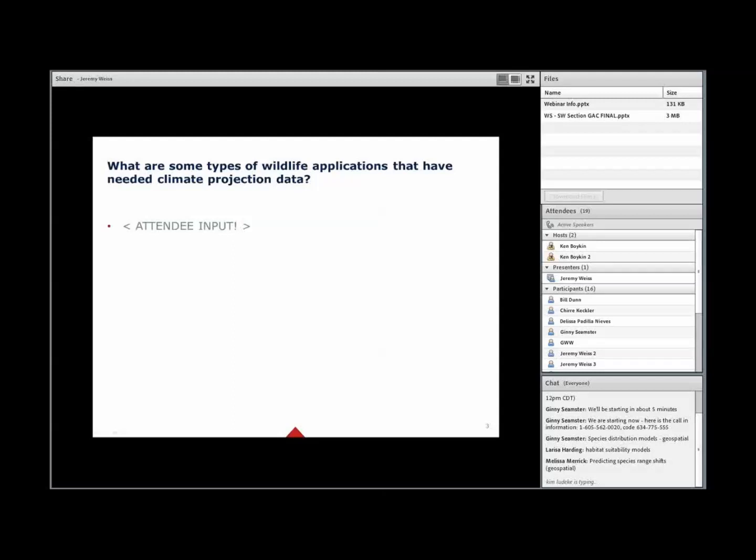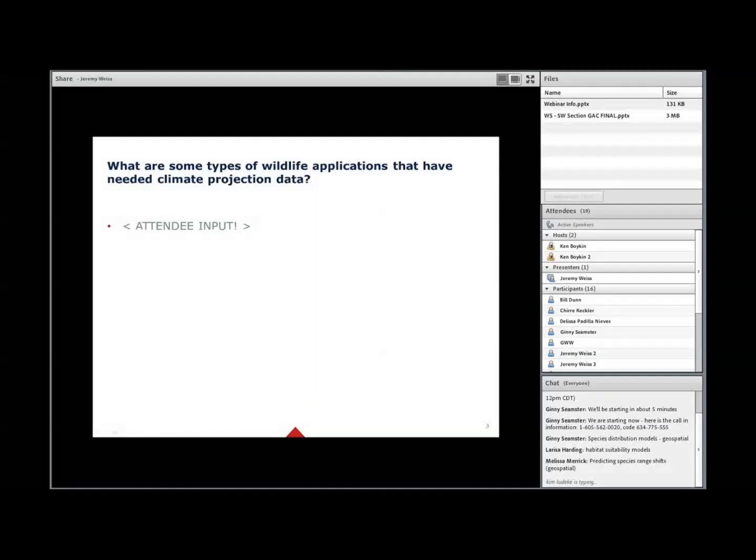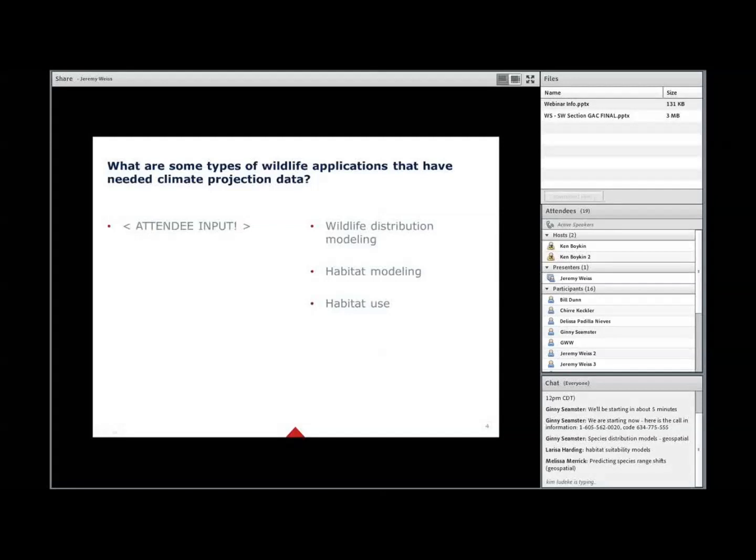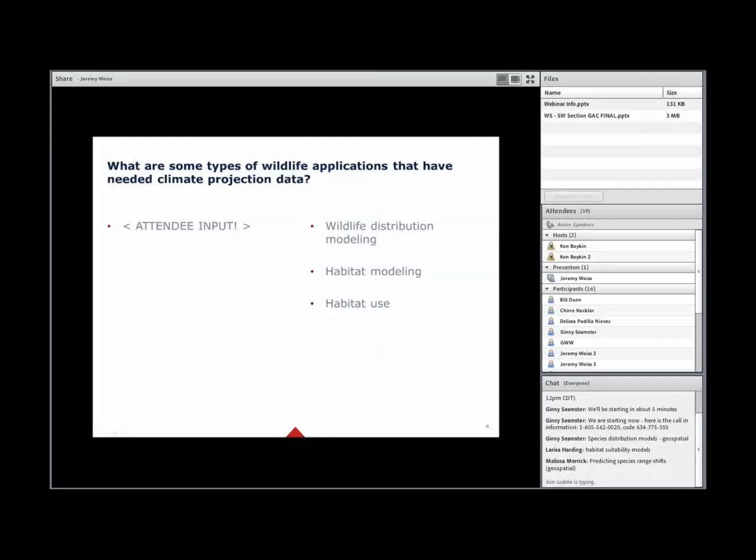Okay, well, let's move on to the next slide. And go ahead and keep typing if you're typing. Feel free to add something if it comes to you in the next few seconds as well. But in speaking with some of the Wildlife Society staff leading up to this webinar, some of the examples I was given in terms of where climate projection data were applied include wildlife distribution modeling, habitat modeling, and habitat use.